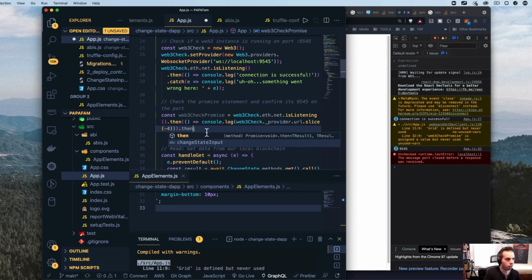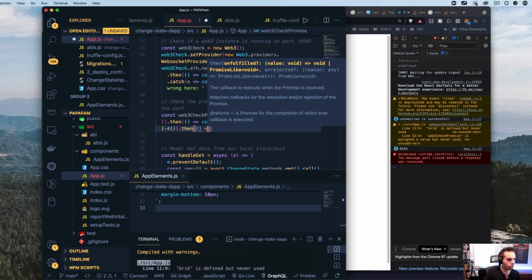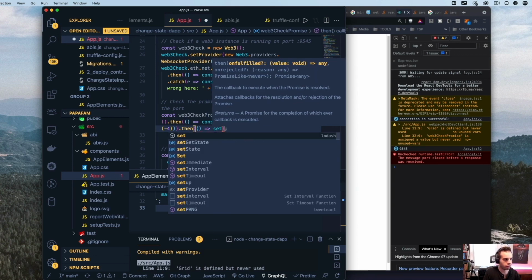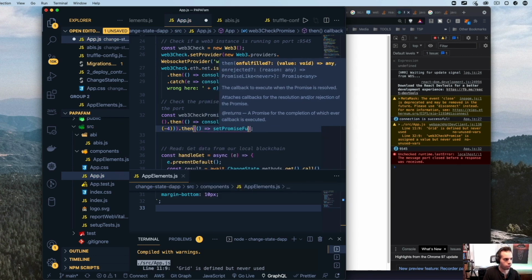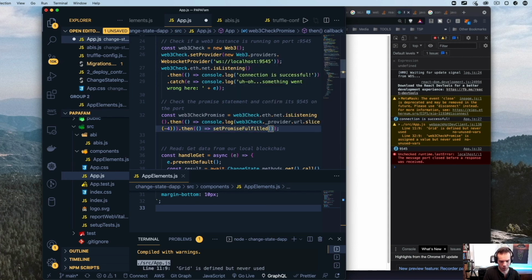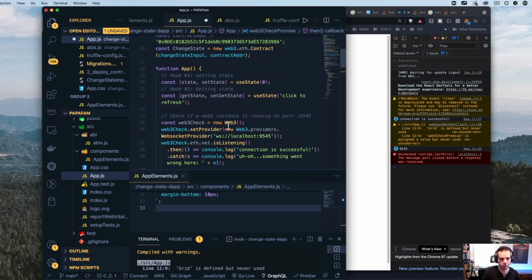And then we're going to do the same thing, except we are going to set promise fulfilled to 9545. And because we're going to be setting this variable, we're going to want to set the state here.